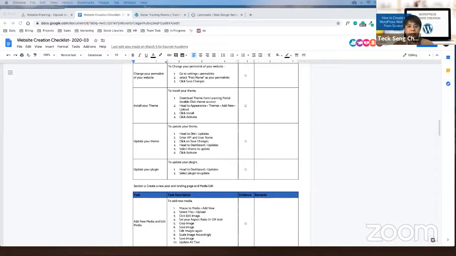Usually when freelancers do it for you, you also have to pay for the hosting, the domain, and the DB itself. But then again, you pay them a certain amount to help you set it up. For freelancers, most of the time they don't include that in the package, because normally they charge you only like $500 or $600. So you have to buy from them, and they'll install it for you, that's it.